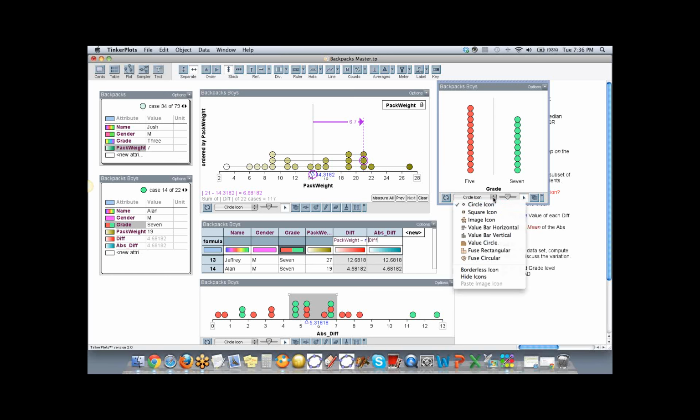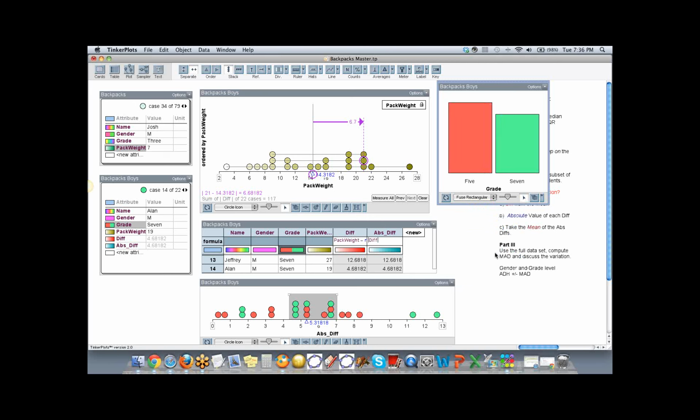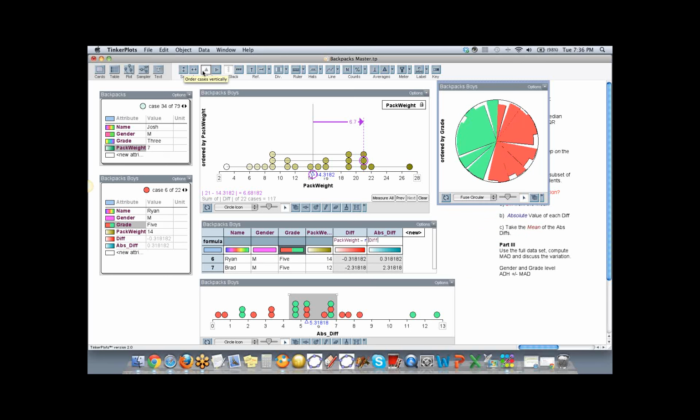So you will see distinct colors, and what you can do with your categorical data is use rectangular to get your bar graph, or you can use circular to get a circle graph, and you want to have that as one circle graph. So let me order this so we get the circle graph.